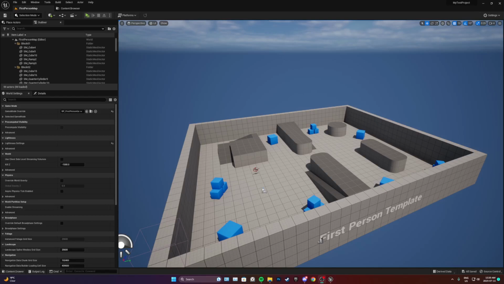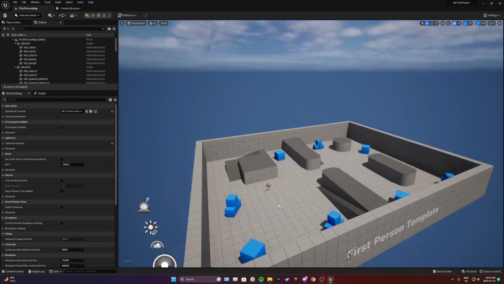Hello YouTubers, it's Savio here, and this is going to be the start of a level design series that I'm going to create. There's going to be multiple parts to this series, and I'm going to cover a few different tools that I like to use when I'm creating levels and designing, and then I'm also going to show you how to use some tools to make your life a little easier when